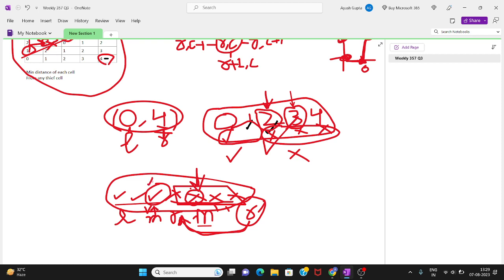Now I will check for this. As you can see, we can obtain this value. So if I can obtain this value, then obviously all the values before it, I can obtain too. So I don't need to check them. I will just shift my leftmost pointer to m plus 1 here. This is L. This way we keep on shifting our leftmost and rightmost pointers until they cross each other.